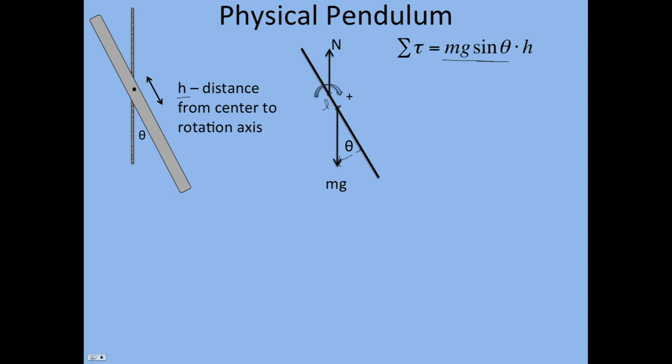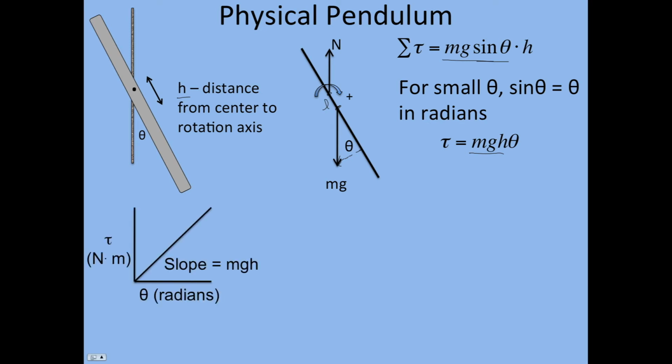And so we can see this is a restoring torque. It is not linear with displacement theta, with the angle that I bring it back, but we just learned that for small theta, sine theta is essentially equal to theta in radians. And so I can simplify this as the torque is mgh times theta. You have to be careful here. mgh is not potential energy. It is the weight times the lever arm,